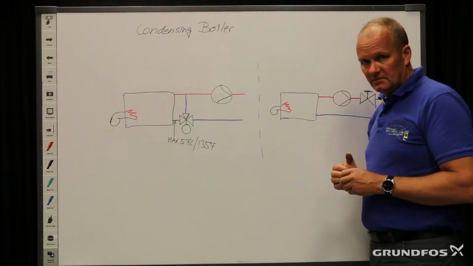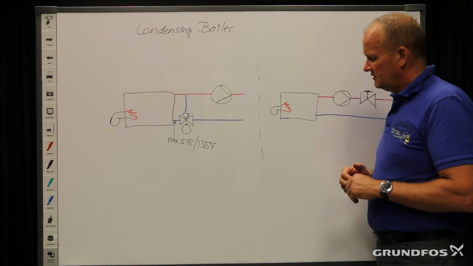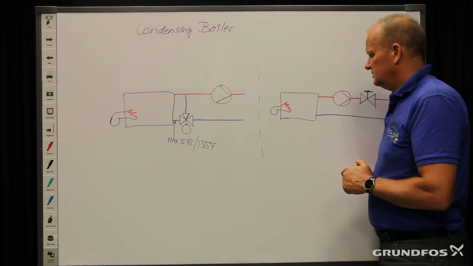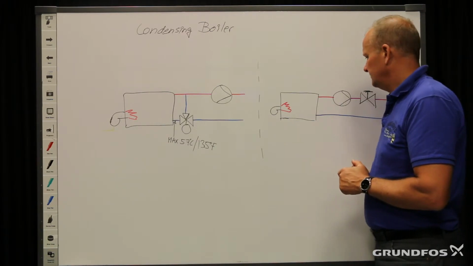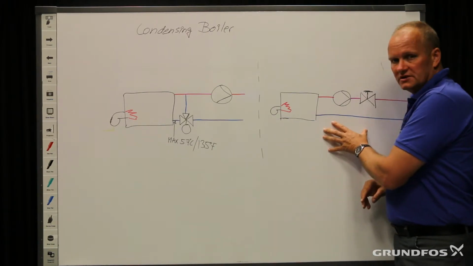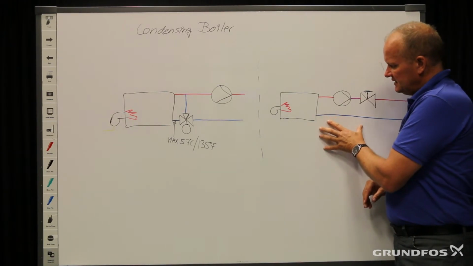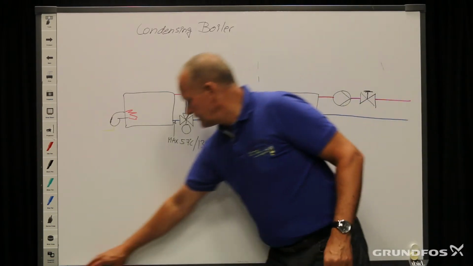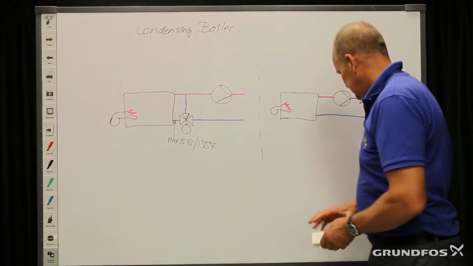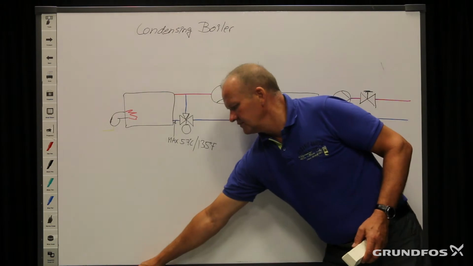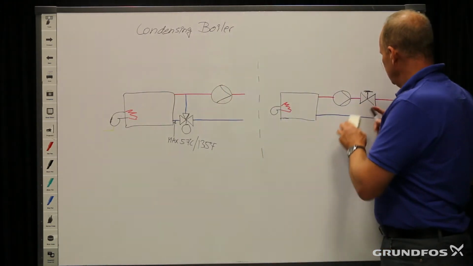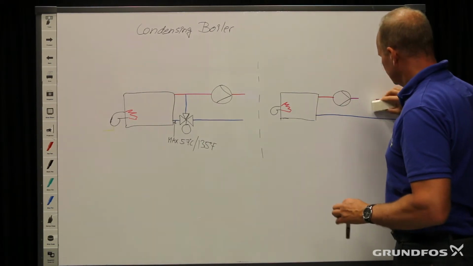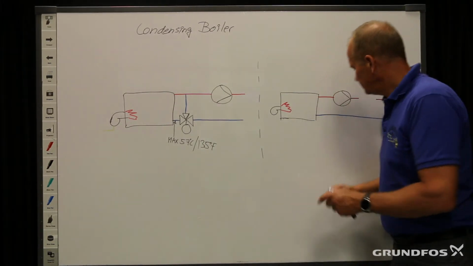Also a little bit of a complicated way of doing it, but I would guess though not so expensive as the first solution shown over here. One alternative to doing it in this way is to utilize the functions or the features in the magnet-free pump and then simply eliminate this valve here, and then instead